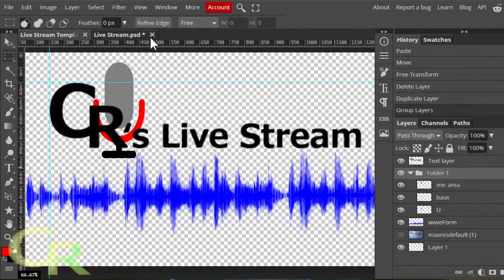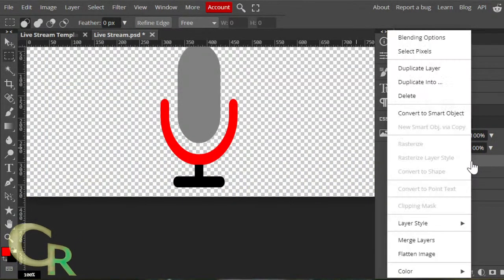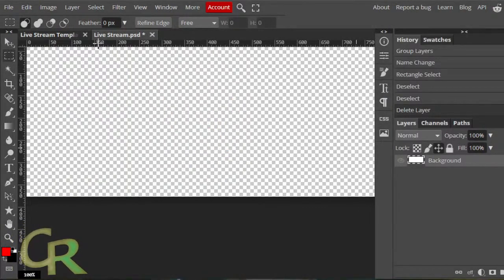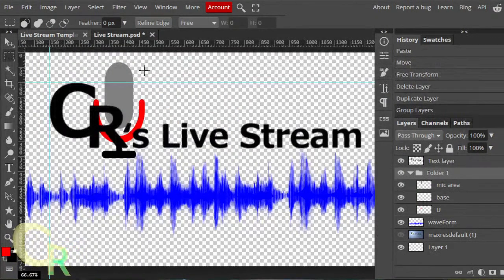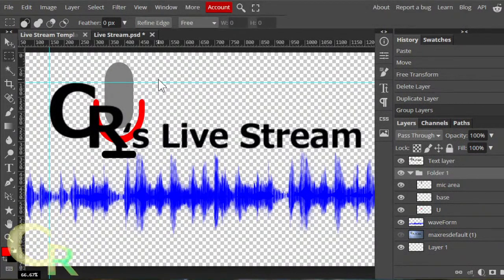There we go. I'll keep this open for now. Let's remove this layer, because that's not what I need to do. Go back to my working document, save it real quick, and rename the folder as microphone with a CR in it. Microphone.